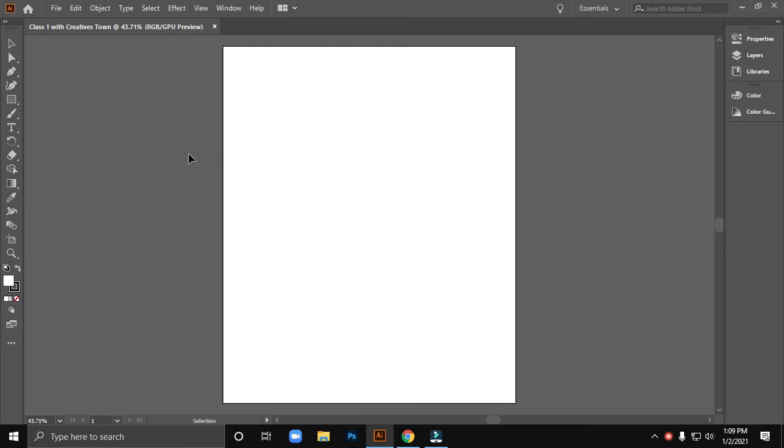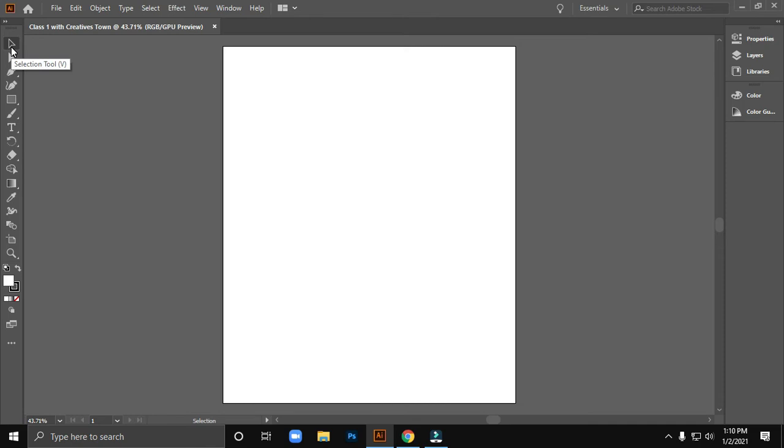Adobe Illustrator contains several tools like this. In the left side we will find these tools, and these tools are called the primary tools of Adobe Illustrator, and in the right side we can see the other tools. This is called the secondary tools of Adobe Illustrator. So today I'm showing some tools that I told you before starting my video, that is the selection tool and the shape tool, and how to group and how to copy paste, etc. we'll learn today. So let's learn the work of selection tool.